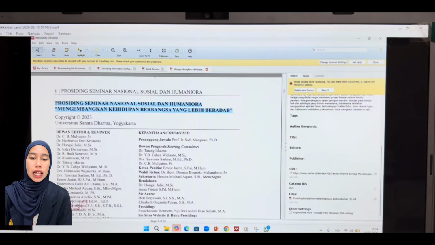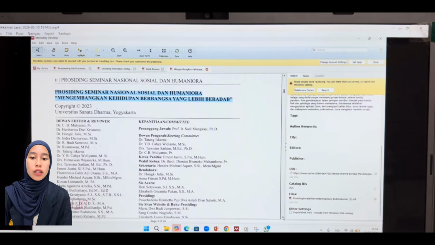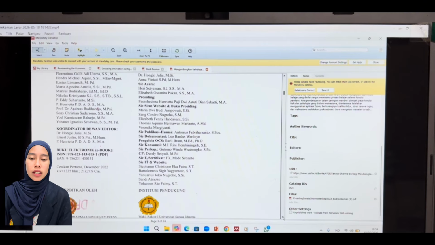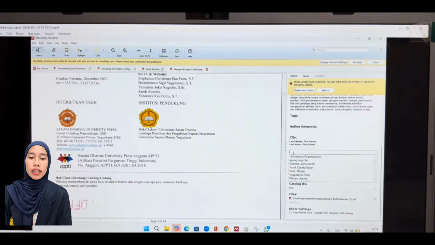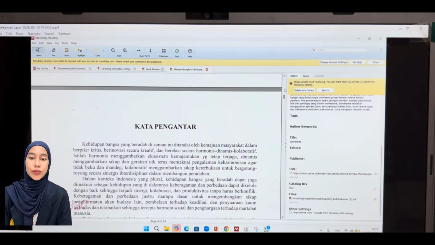Now, let's check the column on the right. There is one additional column that we must pay attention to here, which is the university field. Ensure that the original university name is written in full.